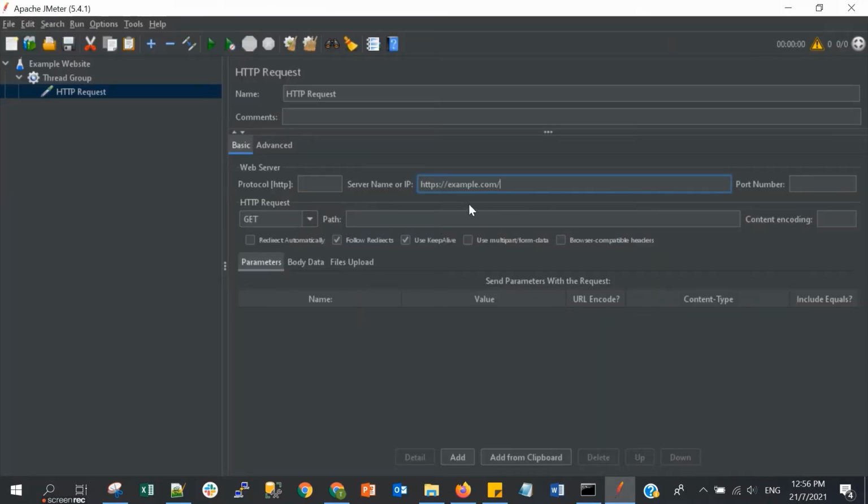It's pretty simple. We can remove this, and the path behind also you can remove, unless you want to test example.com/product.html, let's say. Yeah, you can put the path here. For me, I just test the landing page of example.com, so I just put it like this.